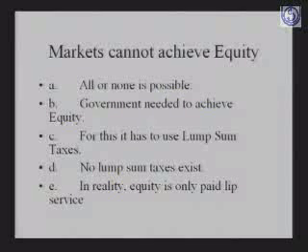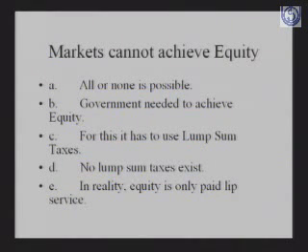next, if you think of it, markets cannot achieve equity. That's one very crucial thing that the markets cannot do. And again, for equity's sake, therefore, one has to have government. What happens is that in the market, there can be extreme inequity. You can have one person having all and the other person having nothing. Now, this kind of inequity is never tolerated in society. No matter how poor a society is or how rich a society is, some notion of equity always exists. And when there's a notion of equity, then the government comes in and provides that level of equity that society thinks is the right level of equity.